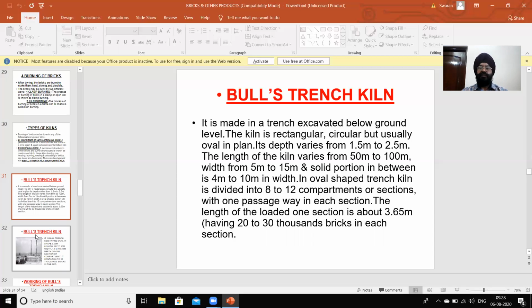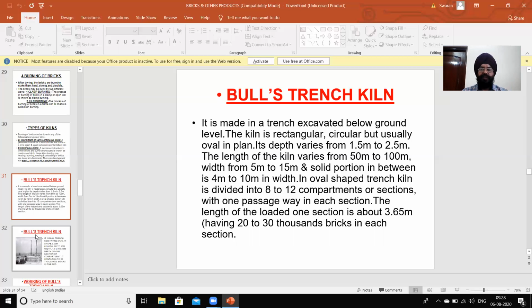Length of the kiln varies from 50 meter to 100 meter and width from 5 meter to 15 meter. And the solid portion in between is 4 meter to 10 meter in width.